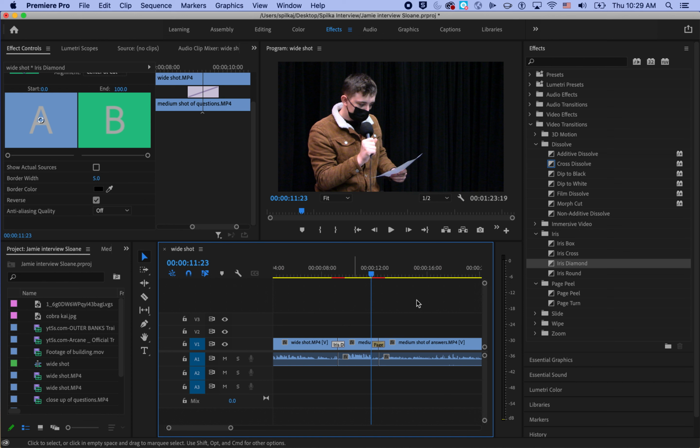Okay, now you notice that it's playing sort of glitchy here, and that means that I need to render. What rendering does is it goes through the effect frame by frame and smooths it out. So if you ever see red in your project, that means you have to render. So I can do that